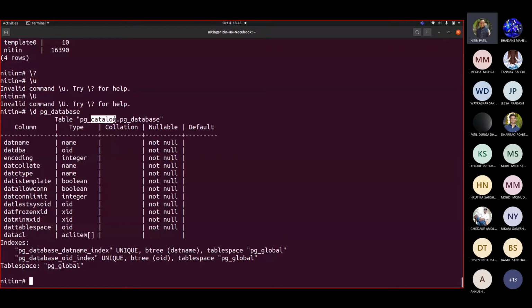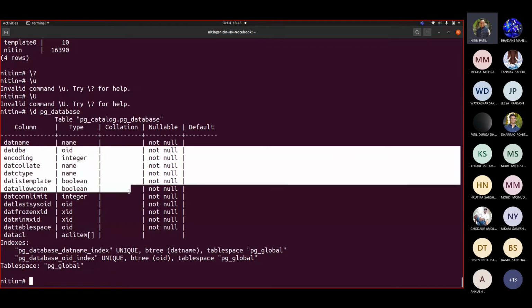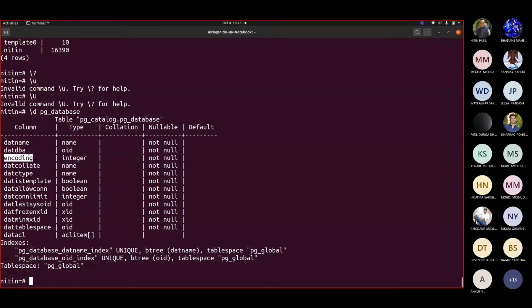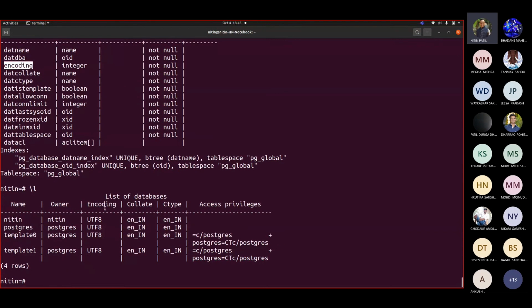There are hundreds of internal tables. Now there are multiple things, that name, that DBA, and so on. Even encoding. Correct. That's what we saw. Like when I wrote \l, you will see this encoding. Even collate style is there, CTYPE is there, access privileges are there. But some things I cannot see over here. Correct. Some things cannot be seen directly over here.